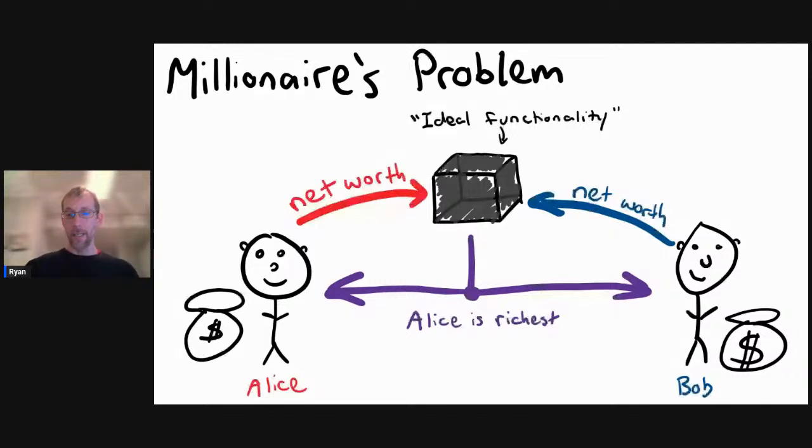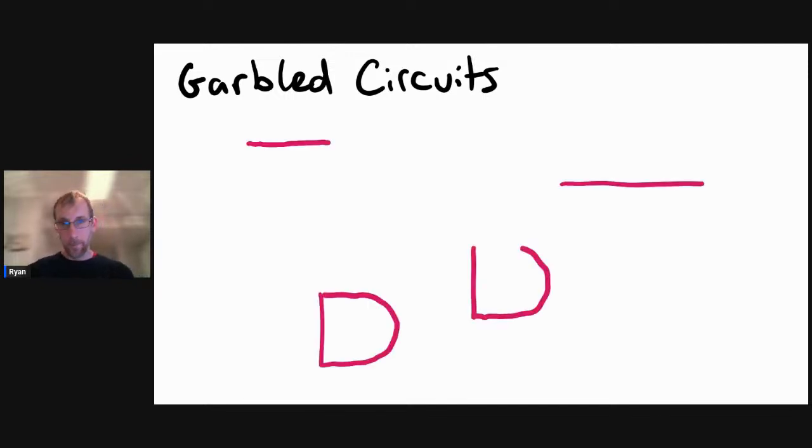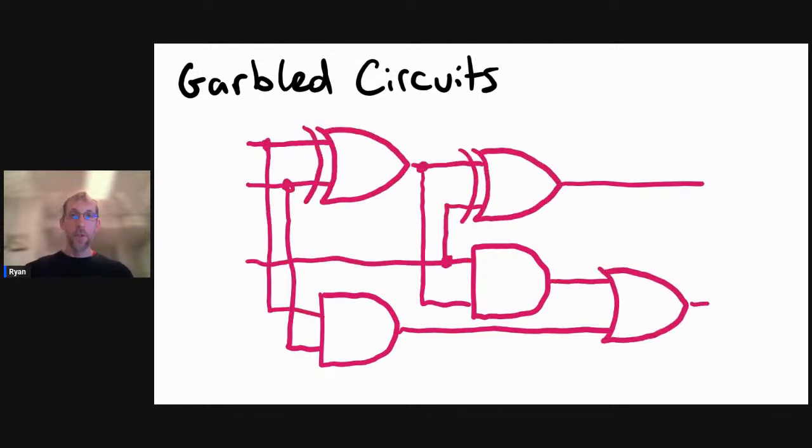And so Andy Yao's solution to this is something called garbled circuits. I don't actually use garbled circuits, but they're so cool, I thought I would give you a little bit of a flavor as to what they are. Our scheme does something slightly different than garbled circuits, but you are presumably all familiar with digital logic circuits. Maybe you don't know too much about them, but you know they exist. You have a bunch of different types of logic gates. You string them together with wires, you feed some voltage through them, and boom, you've got digital electronics that can do all kinds of stuff like computers